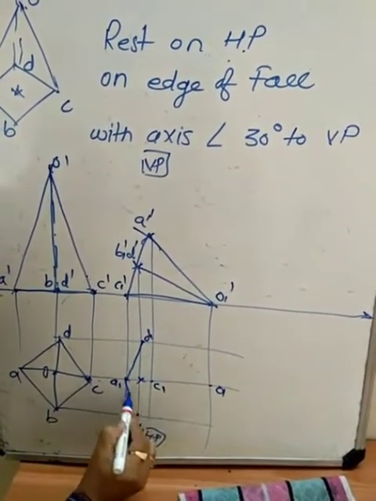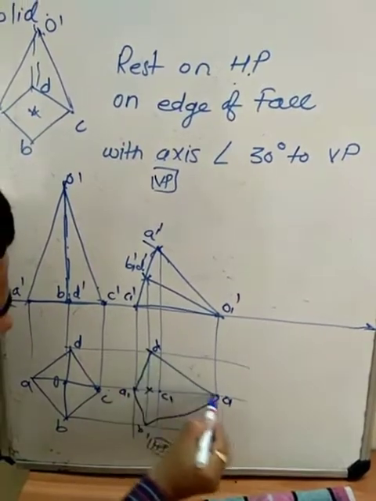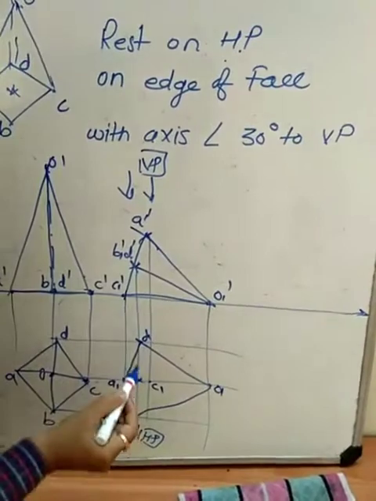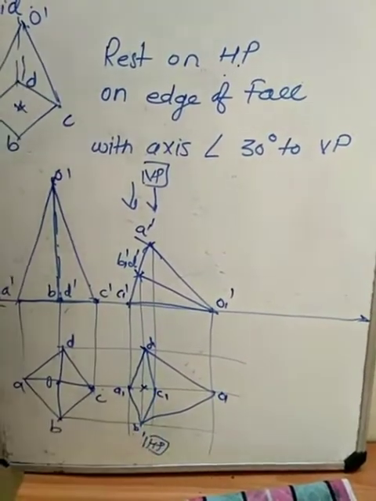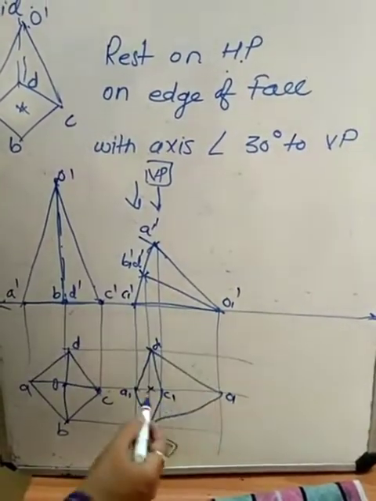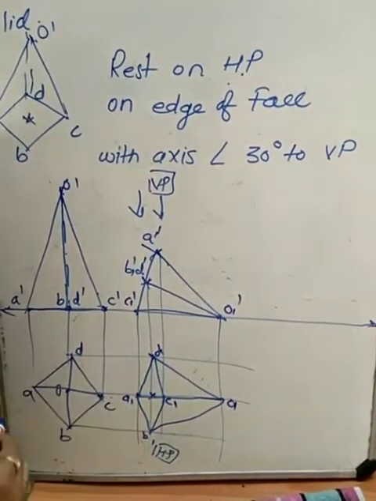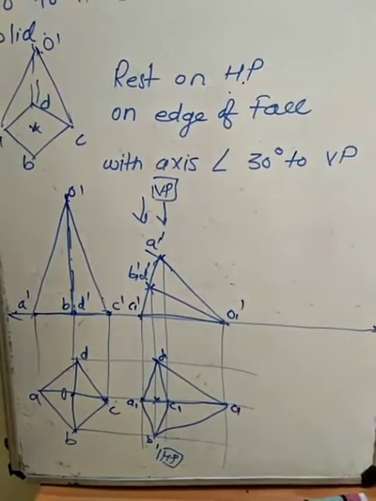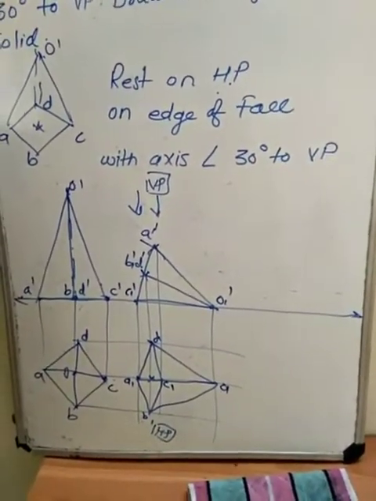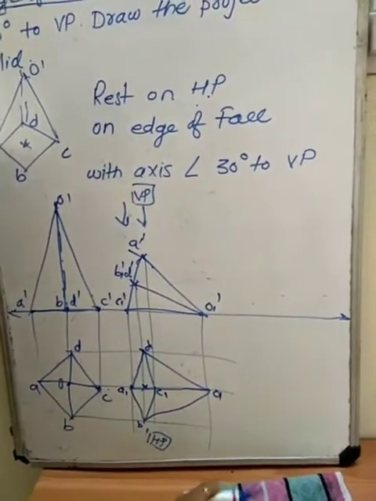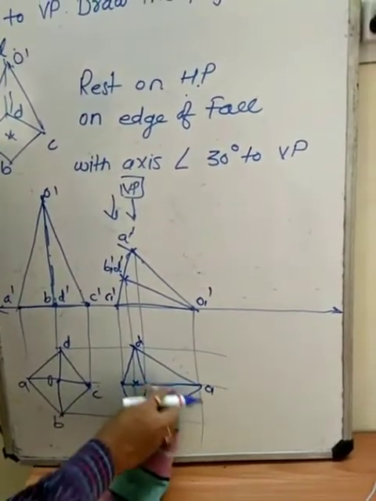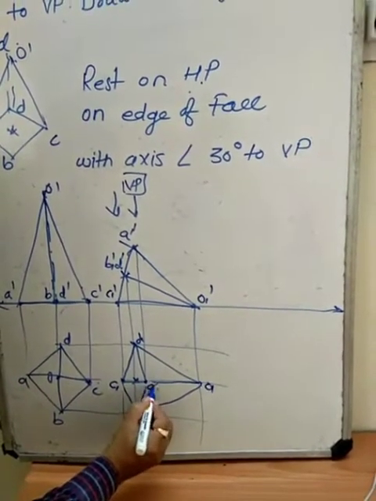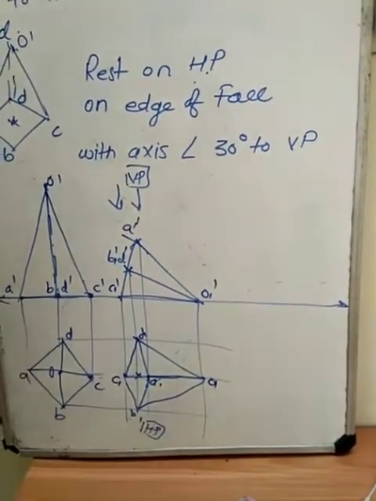Now join this boundary first. Now observing from this direction, as this base is visible, DC and CB are visible to you. AO is dark. Okay, understand? This is C1 and this is A1. So AO is dark.